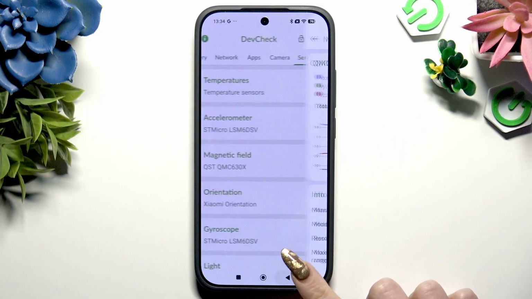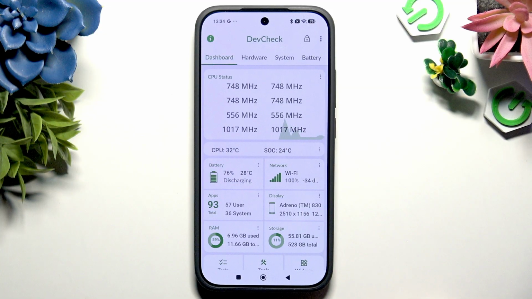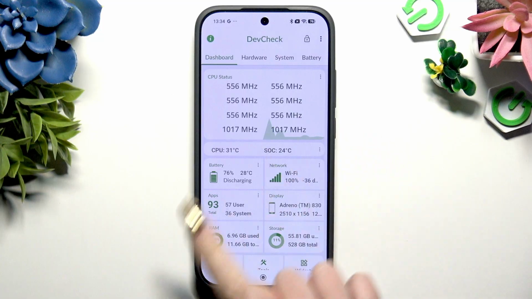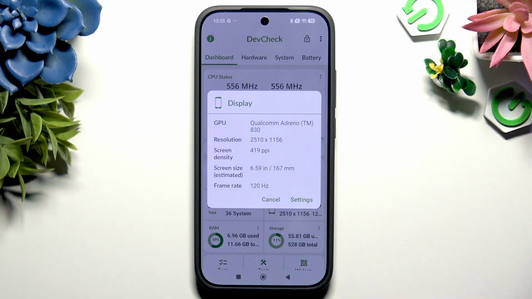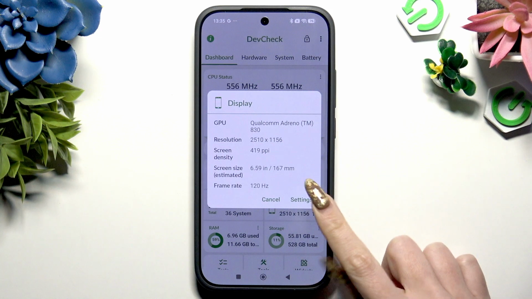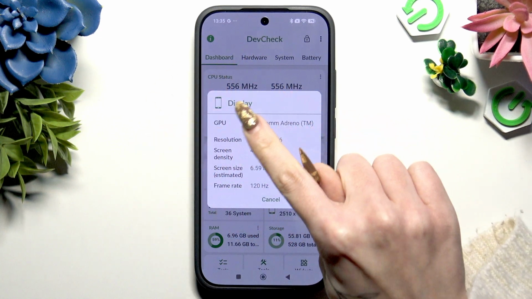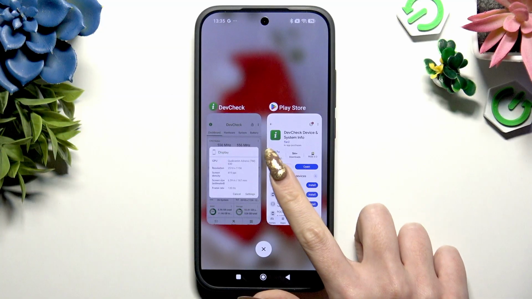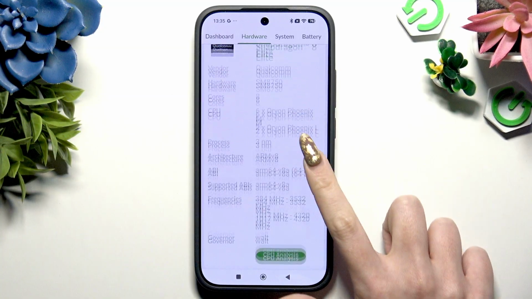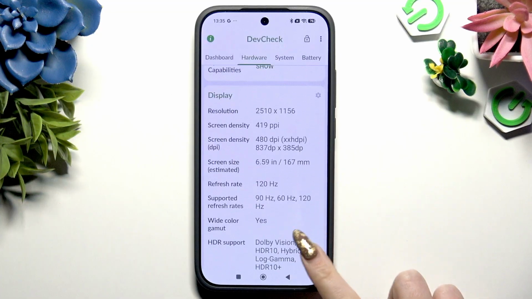Quick tip: when you go into dashboard section, make sure to click on all of those options here, not only to read all the information about, for example, your display, but also because you can tap on settings at the bottom right corners of all of those pop-ups, and this way get transferred to displays, in my case display section, in your device's settings. It also works if you click on gear icons at the top right corners of some